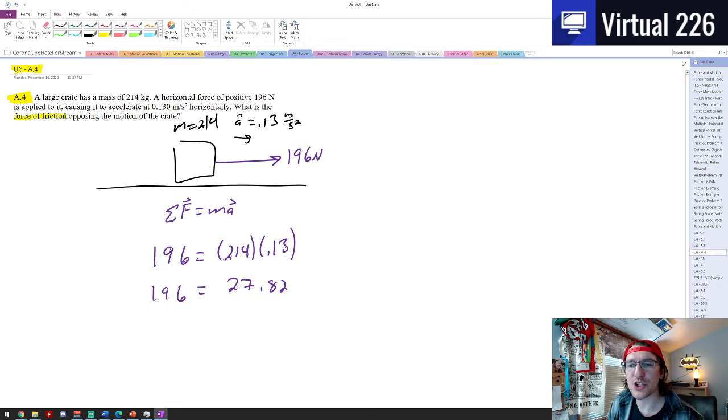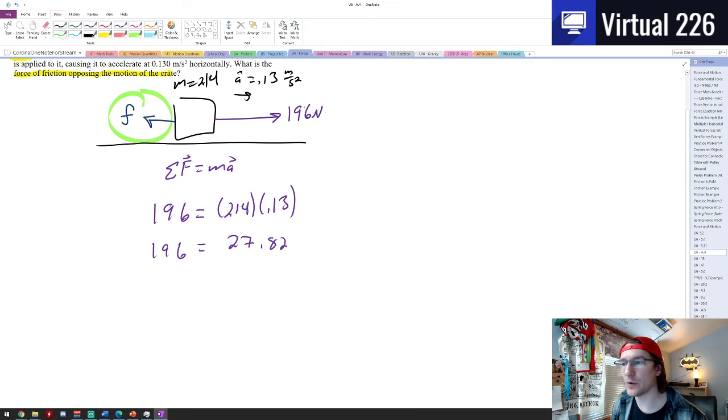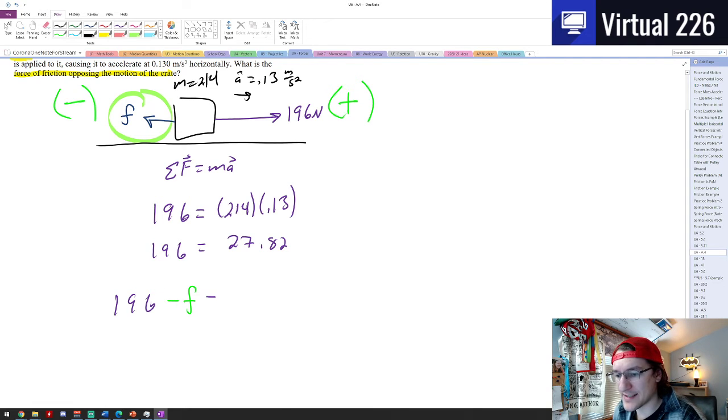What's the force of friction opposing the motion of the crate? So while there's a force pushing this to the right, some amount of friction, we'll write a little f for friction, is acting to the left. Now we haven't talked about friction in this unit yet, but it is just a force, some amount of force acting against your motion. So if it's acting against our motion and we call the positive direction to the right, that means this friction has to be negative. So if we wrote this out, we could say 196 plus negative friction has to equal the